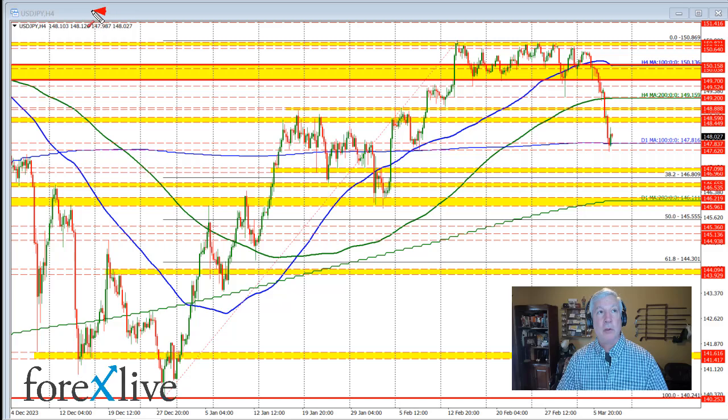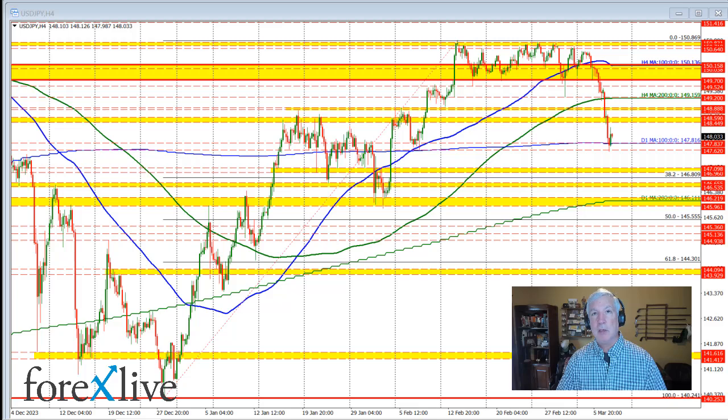This is the 4-hour chart, by the way. We've seen the dollar versus yen move sharply to the downside in trading here today. The price yesterday held against the 200-bar moving average on the 4-hour chart, and also the low price that we saw in last week's trading right here near the 149.15-16 level. And then in trading here today, the price fell below that level and continued its decline unabated really until the price moved below the low price going back to early February near the